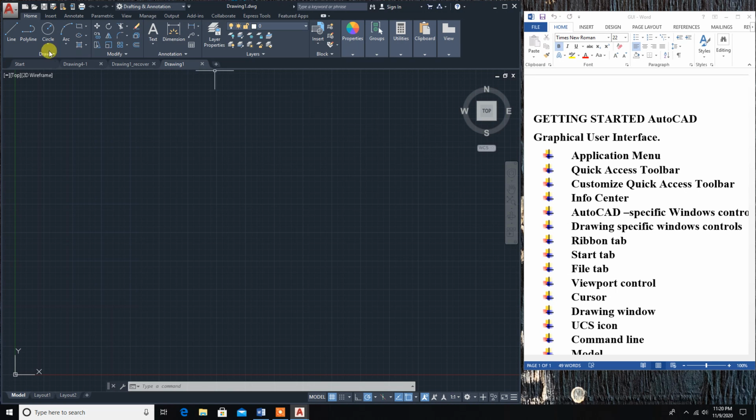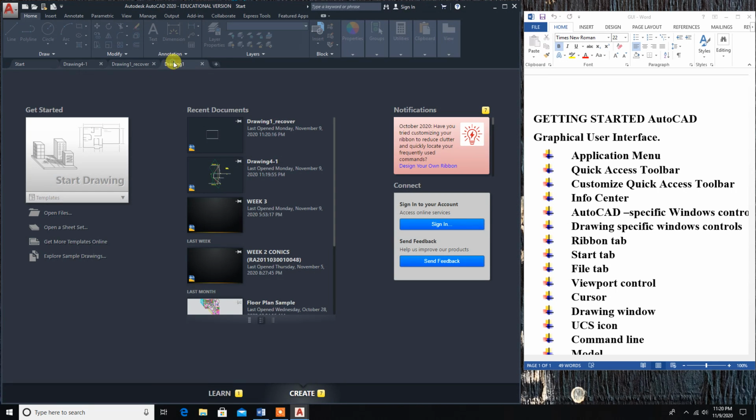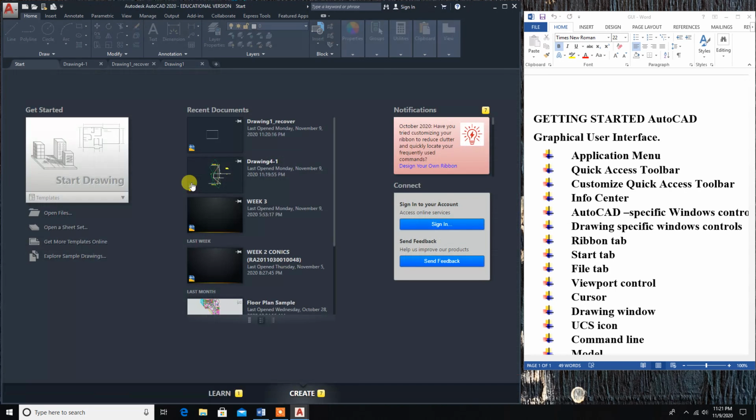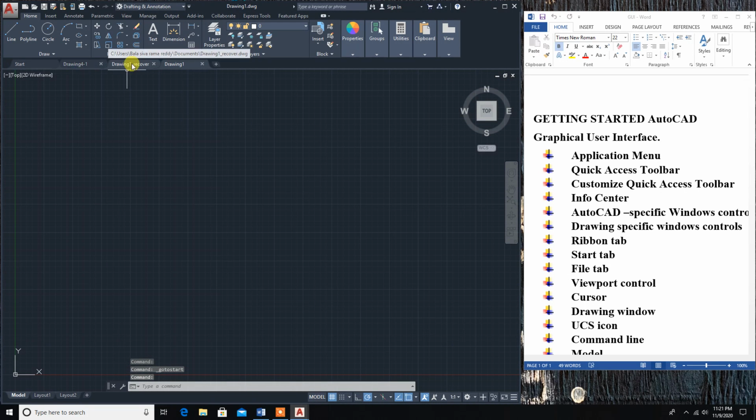If I want to go to the start, I can click here on start, or if I am using the keyboard, to go to the start tab, I can press the control button and the home button. Okay, on the keypad I can press control plus home. So when I press control plus home, I go back to the start tab. If I want to close this tab, I can just press this cross mark. I can close it, or in the command.